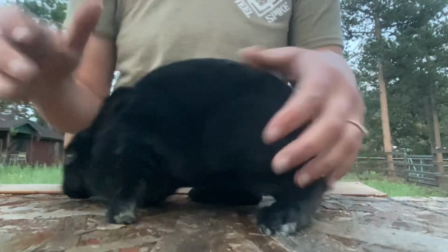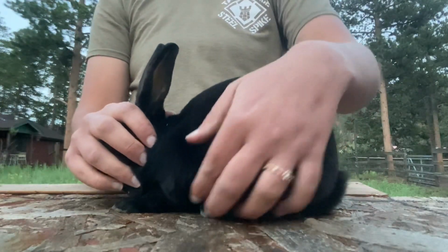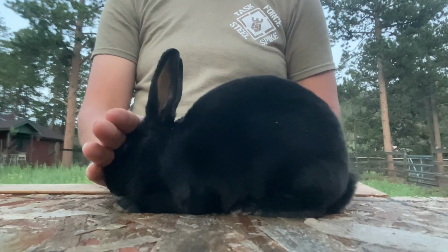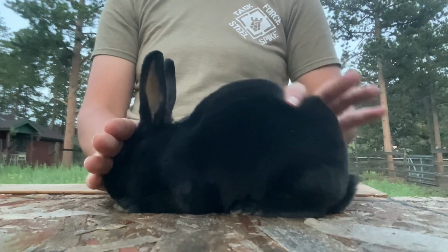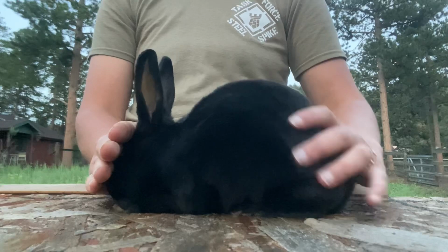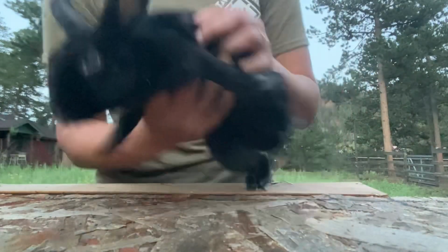But I do have a few more black babies in Solstice's new litter that we can hopefully replace her with, but I am going to keep Solstice long enough that we can breed my little Vienna marked black to her. But yeah, this little black doe just didn't make the cut, unfortunately, and I need to get better about removing animals from my lines that aren't as good as their parents,